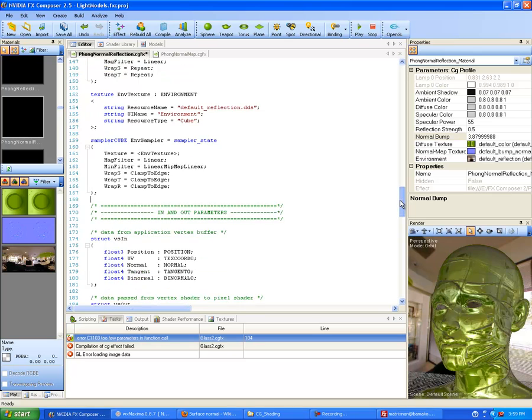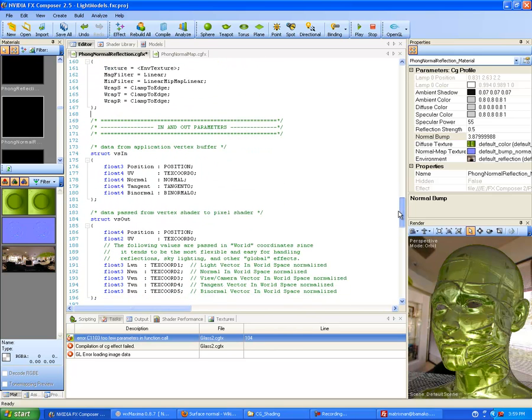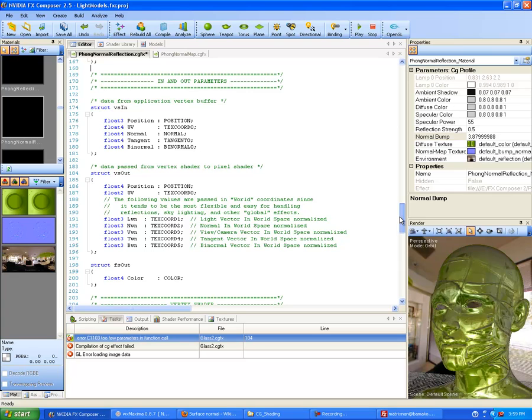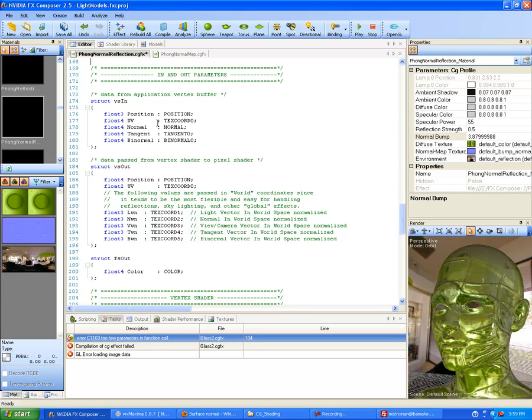Alrighty, moving on. So in out parameters here, we have data from the application vertex buffer. Struct vs_in { float3 position : POSITION; float4 UV : TEXCOORD0; float4 normal : NORMAL; float4 tangent : TANGENT0; float4 binormal : BINORMAL0; };